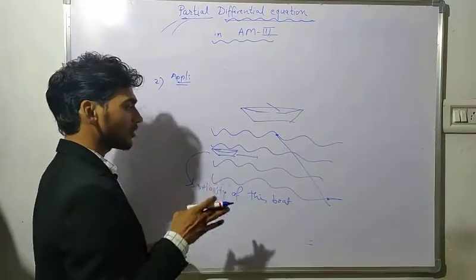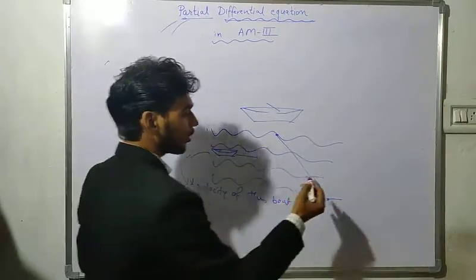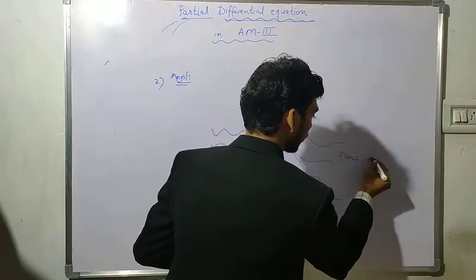Okay, there are different types of velocity components here: flow of water,